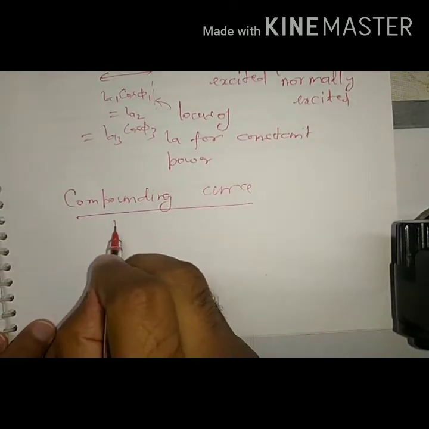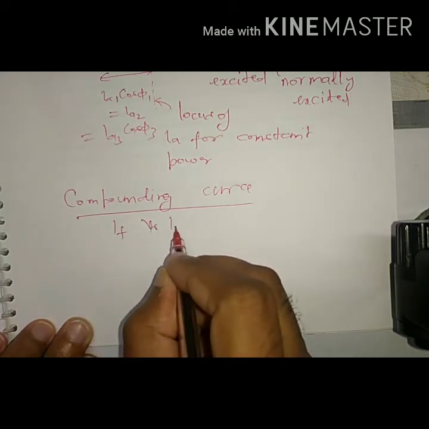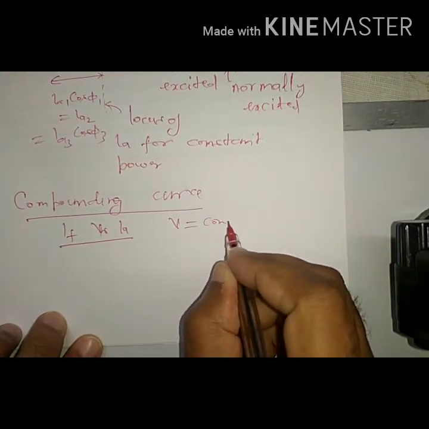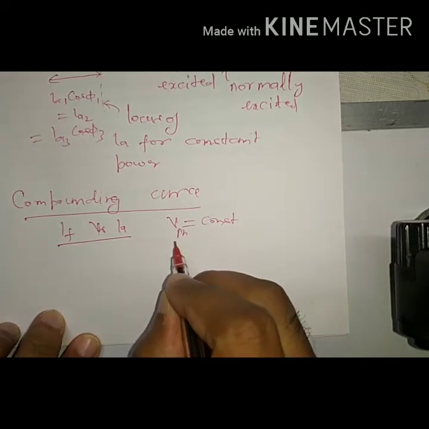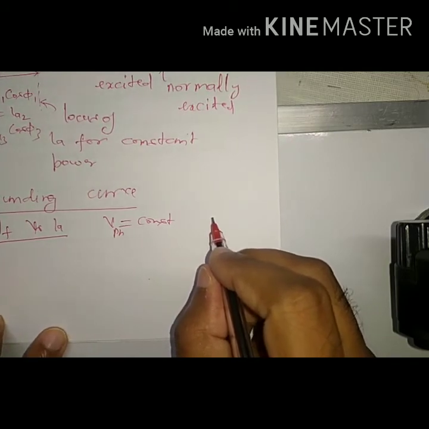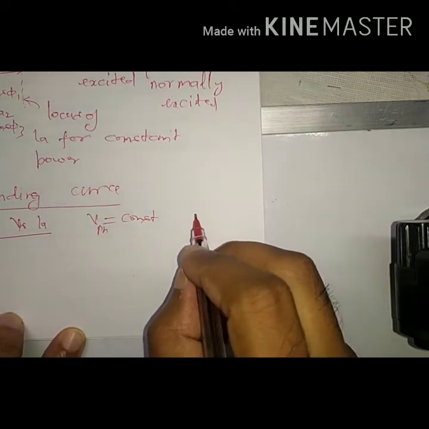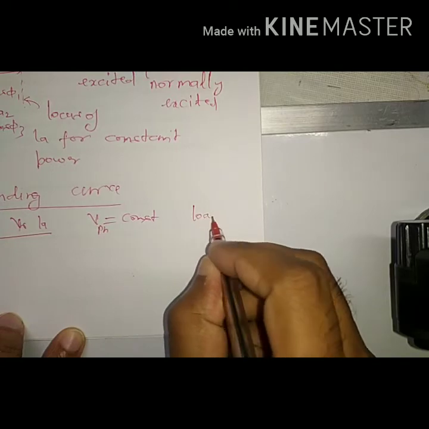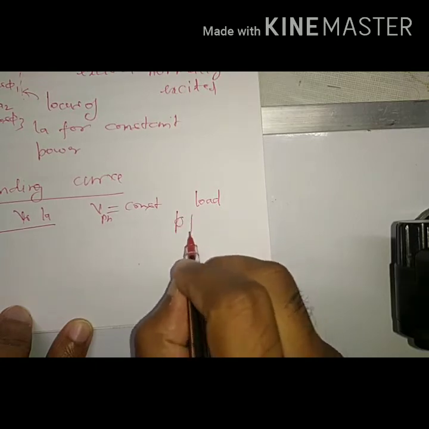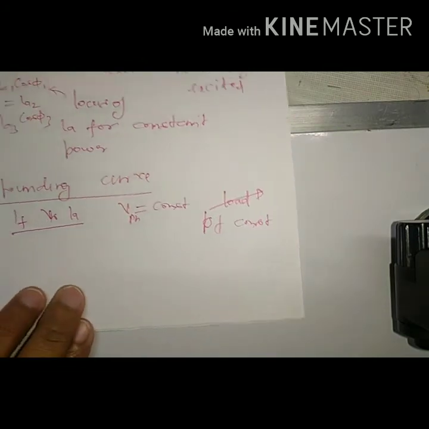So it is a plot between excitation current, that is field current, versus armature current, to maintain terminal voltage V per phase constant at a load of constant power factor. Load is given and its power factor is constant, and load is varied. So what will happen? How will the machine be controlled?